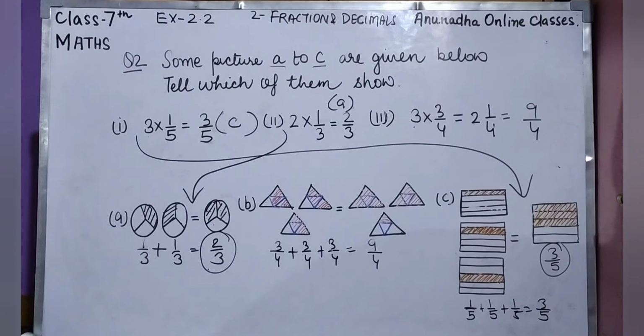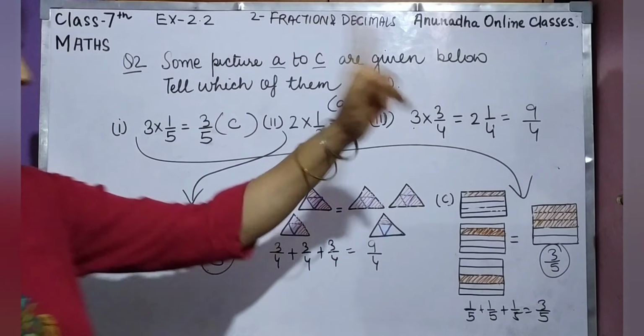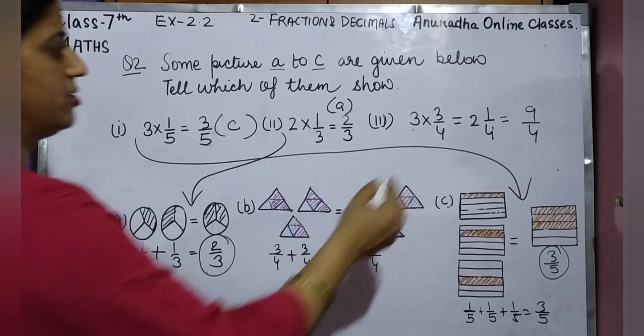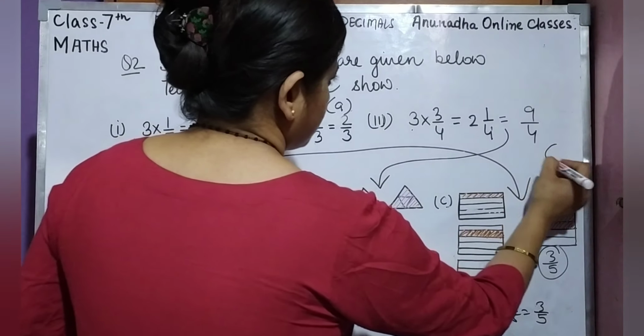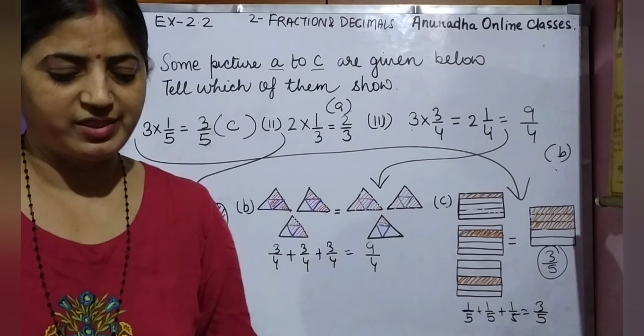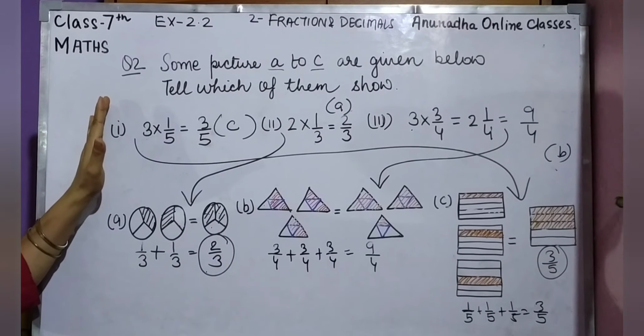2 4s are 8 plus 1, 9 by 4. अब देखेंगे हम, as it is given in mixed fraction तो हमने उसको improper कर दिया. Now see 9 by 4. 9 by 4 is B part. So its answer is this one. So this is what? B part. Understood this one? So in this way you will do the matching of these questions.